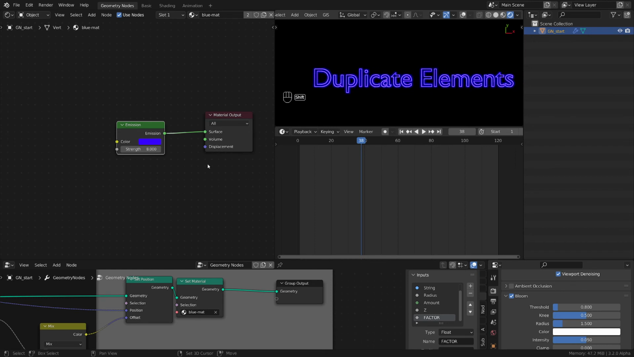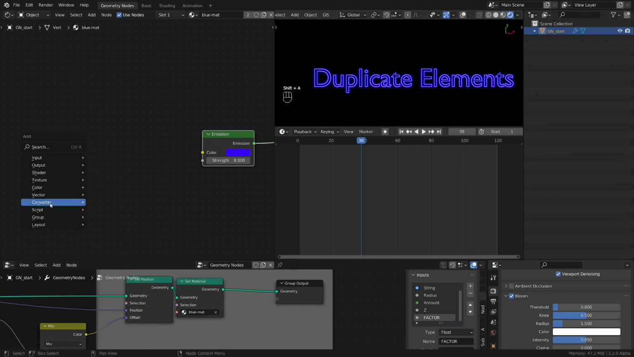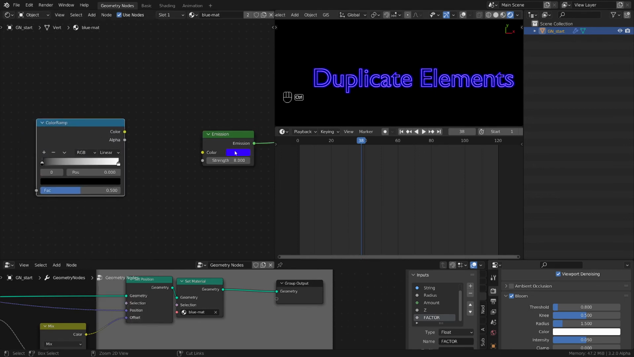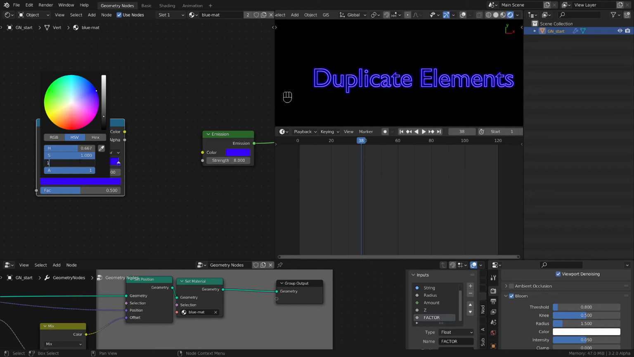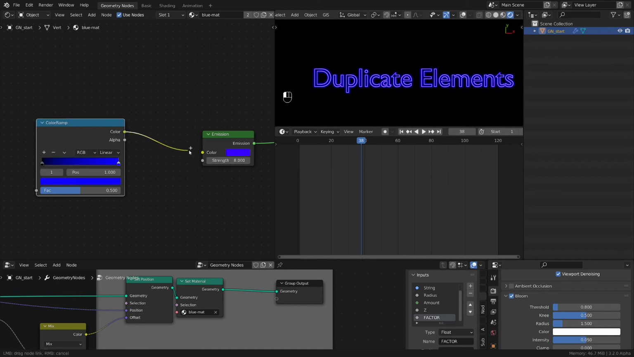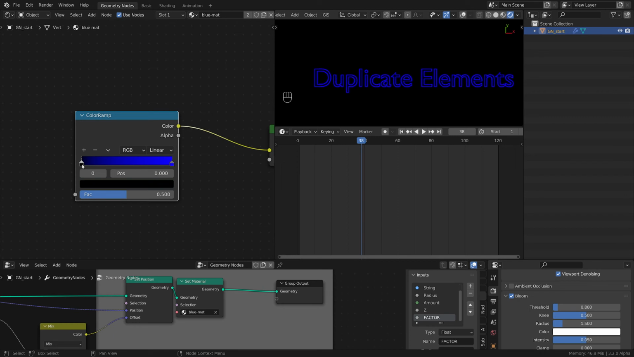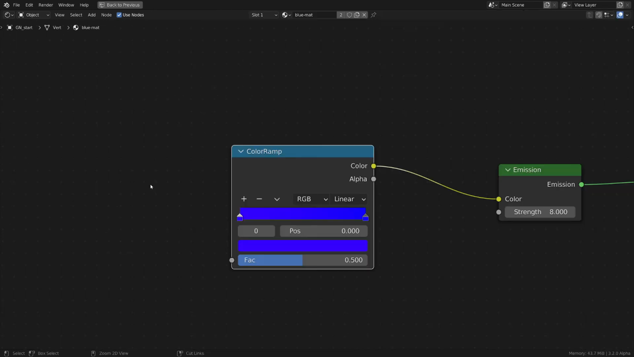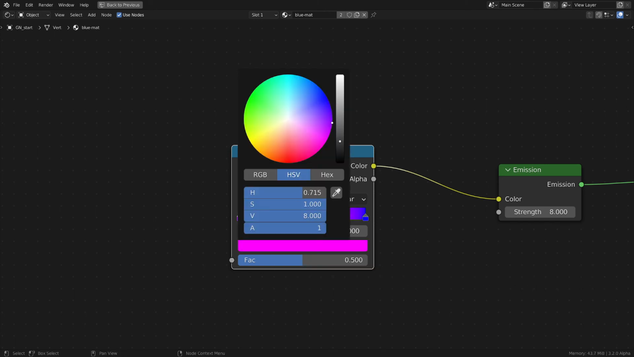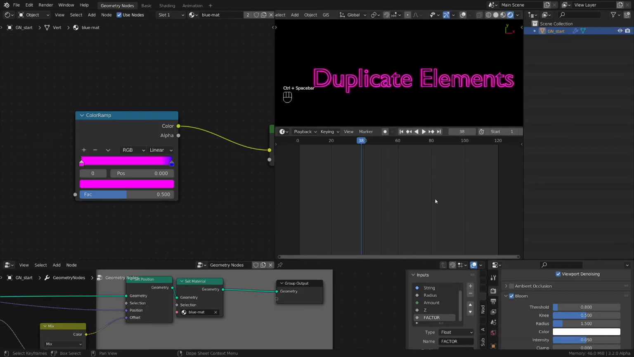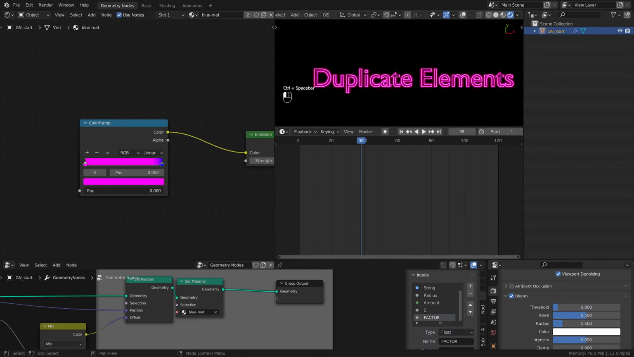And now we have an emission shader. How can we color this? Well, let's add a converter color ramp. I'm gonna take this color and plug it here, for example, and let's put this one back to 1, plug this one here, and for this one let's choose something else, and let's choose this purplish color. Excellent. So now we have this factor that goes between this and this color,